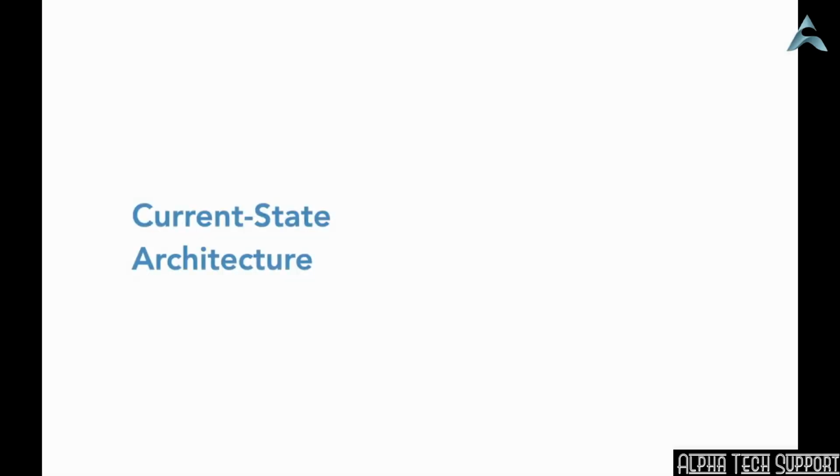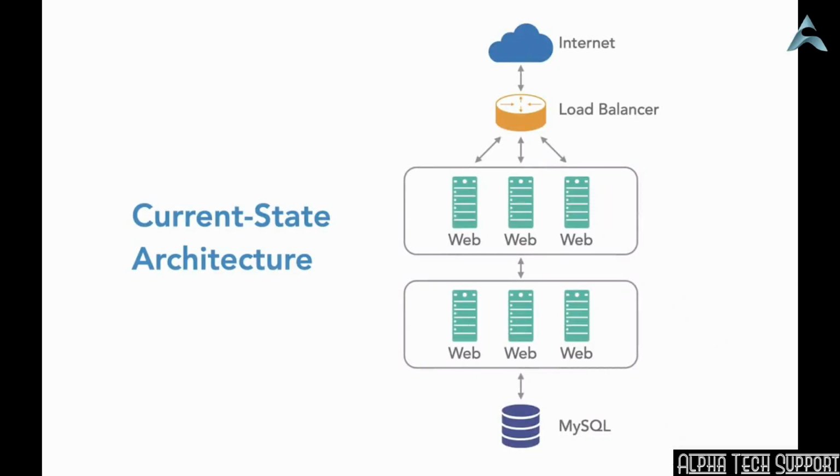The first thing we have to do to create a new configuration is analyze the current state architecture and determine which AWS resources we'll need. Some of them might be obvious if you're familiar with AWS. For example, the Linux virtual machines in the data center will become Linux EC2 instances in AWS. The load balancer will become an Elastic Load Balancer. Those are the easy ones, straightforward one-to-one relationships between AWS resources and the components of the system as documented in